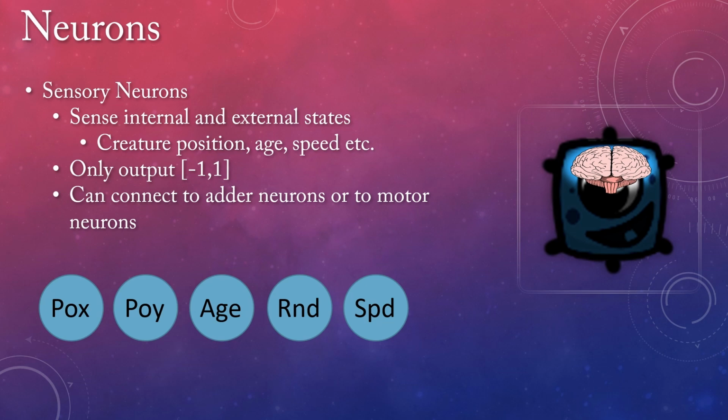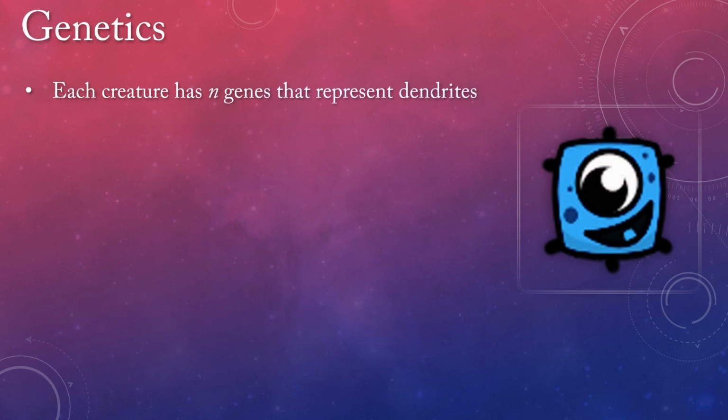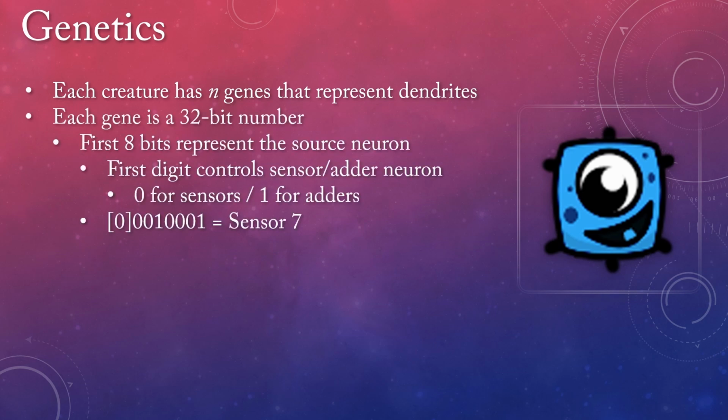And so inside of each creature is a genome, and in that genome there are some number of genes that represent dendrites, or those connections between neurons. These dendrites are stored as a 32-bit number. The first 8 bits of this 32-bit number represents the source neuron, with the first bit of those 8 bits controlling whether it's from a sensor neuron or an adder neuron, and the next 7 bits are just the ID